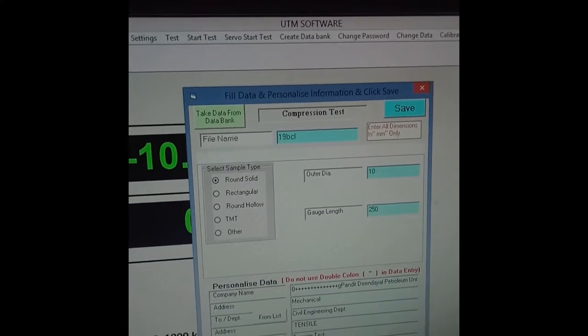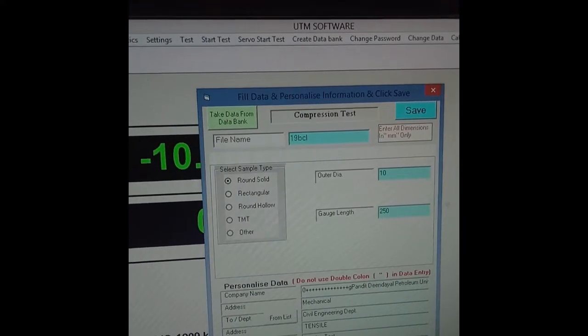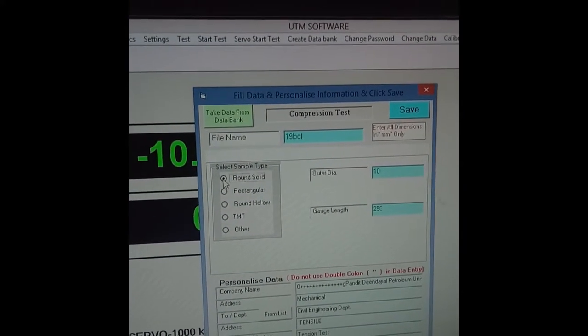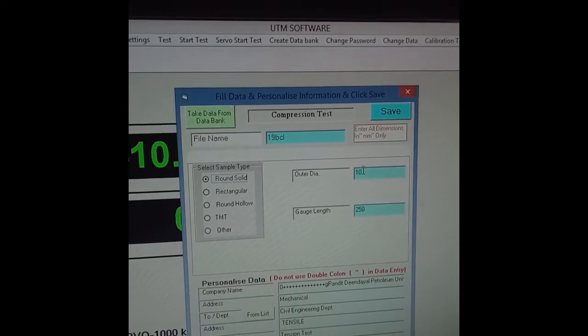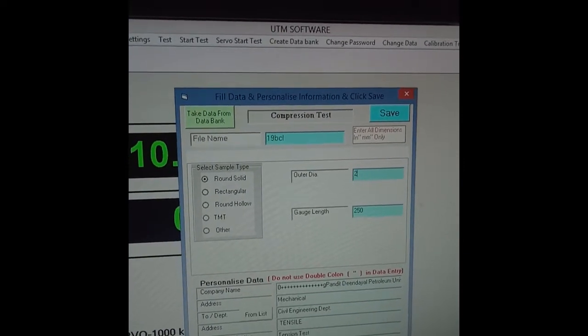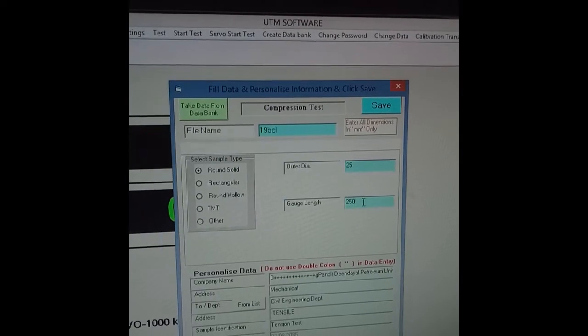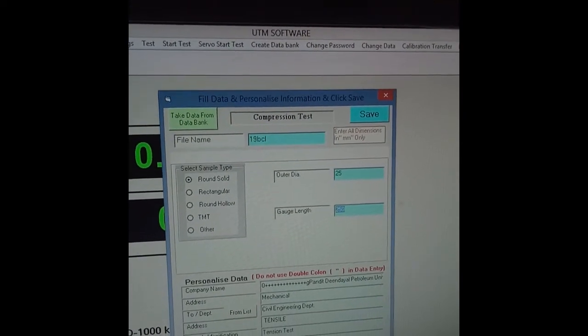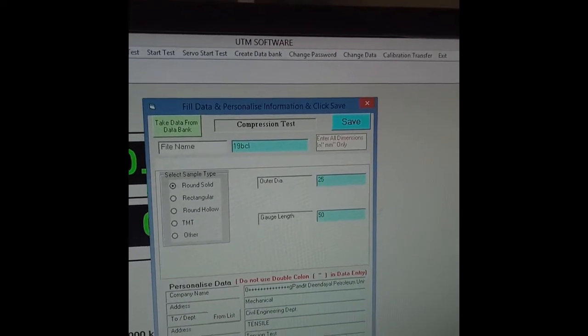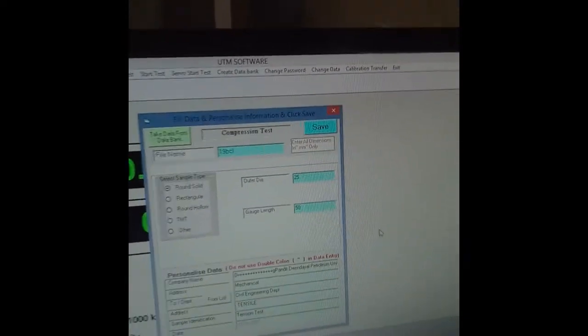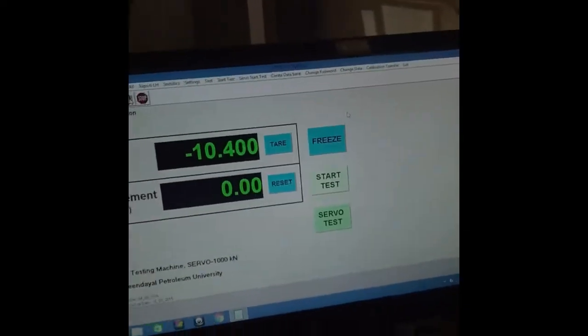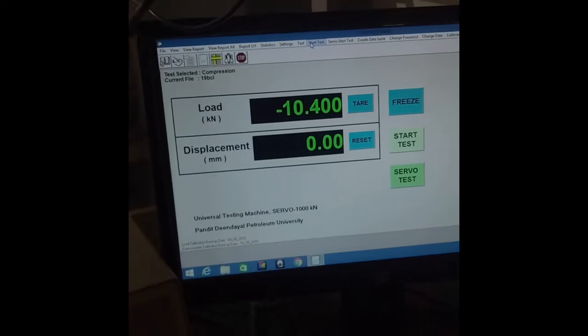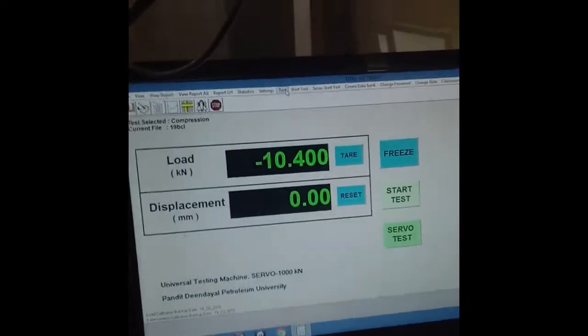Then we'll select a round solid bar, right? And then the outer diameter is 25 mm and the length is 50 mm, right? So these are the inputs that we need to give. We'll save and then simply start the test, right?